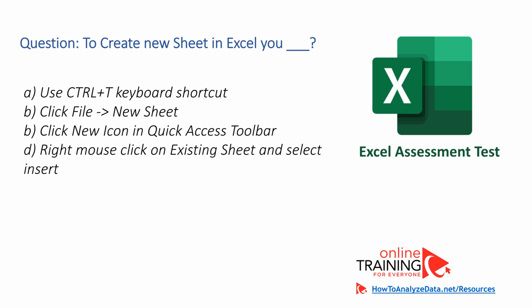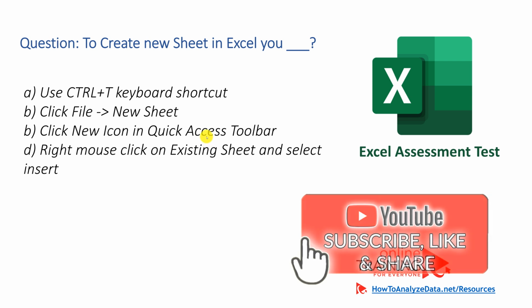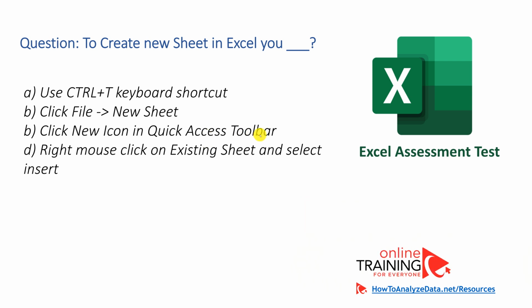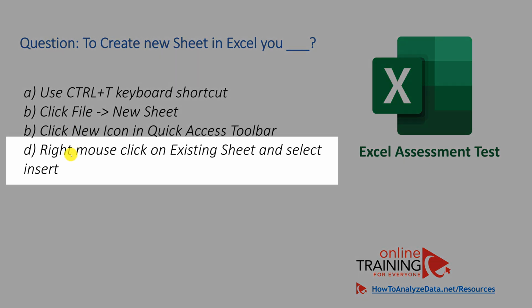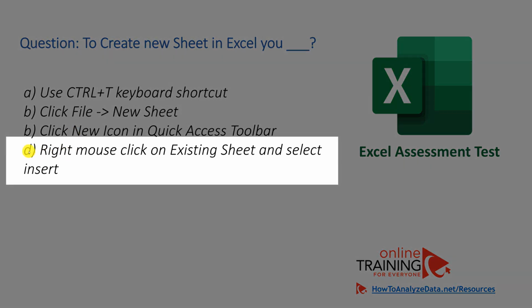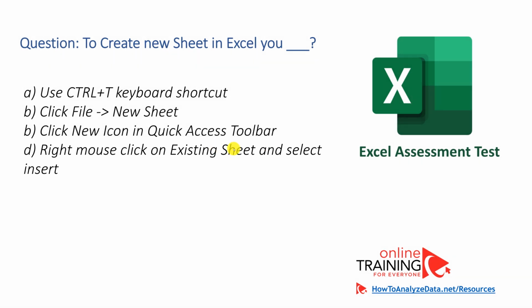Exclusion is one of the methods where you exclude possible choices to come up with the right answer. The Ctrl-T keyboard shortcut is used to create new tables, not new sheets. The File, New Sheet option doesn't exist in the Excel menu. The New icon in the Quick Access toolbar creates a new workbook, not a new sheet. So through the method of exclusion, we came to choice D, which is the right mouse click on an existing sheet